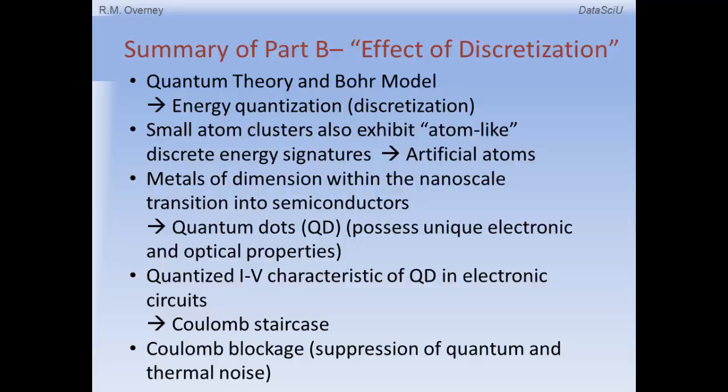The quantum theory provides the basis on how atomistic building blocks interact with each other and underlies all material properties, from colors to conduction, from elasticity to volatility, by defining the electronic nature of materials. Starting with Bohr model, we recognized the discrete energy signature of the atom, looking at small number of atom clusters, also called artificial atoms. We noticed